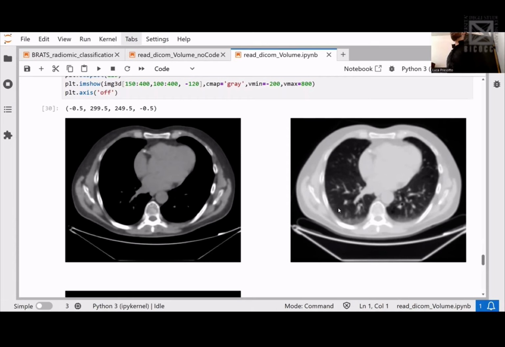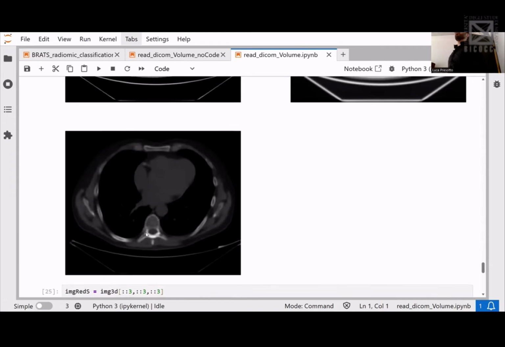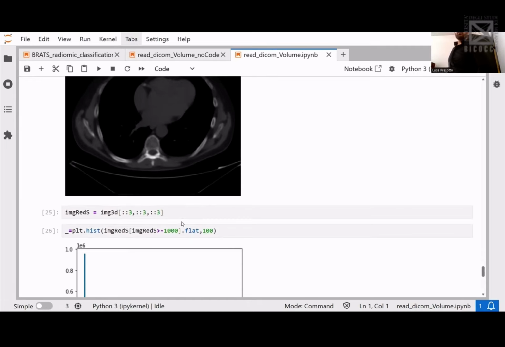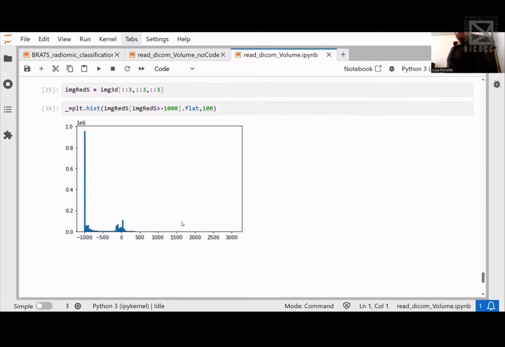If you use a lung window, this is pretty much hidden, but you see everything that's inside the lungs. And if you use a bone window, you can see not too well because this is not a bone dedicated acquisition, but you can see relatively well the bone structure within the rib. So that's just to show what happens. Here, by the way, I put a histogram of the intensity values. Okay, so